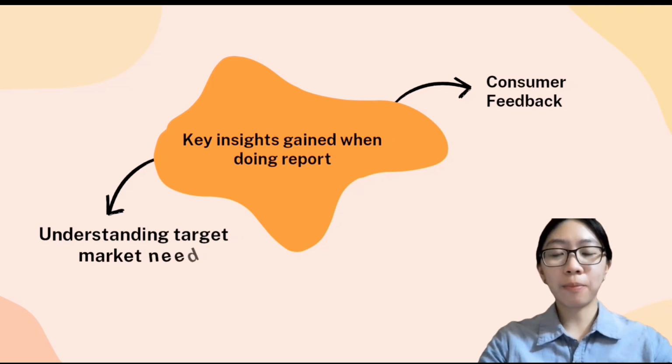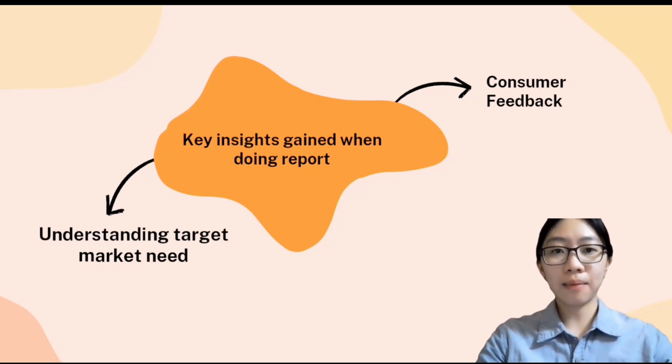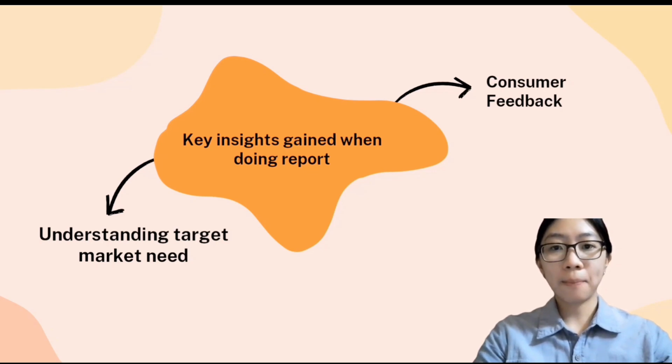When we're doing a report for designing sun protection clothing, several key insights can emerge. The first one is understanding market need. Researching the target market helps identify specific needs and preferences related to sun protection clothing, ensuring that the clothing meets consumer needs. Besides that, by analyzing respondent feedback, we can inform future improvement, ensuring that the clothing continues to meet evolving